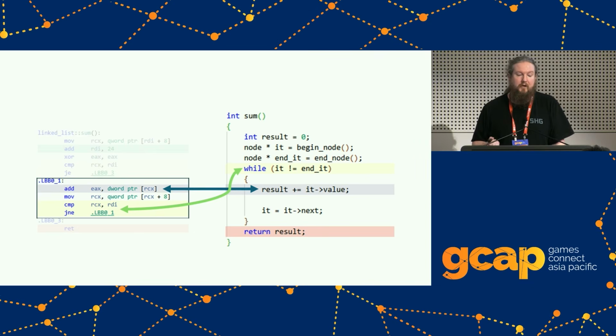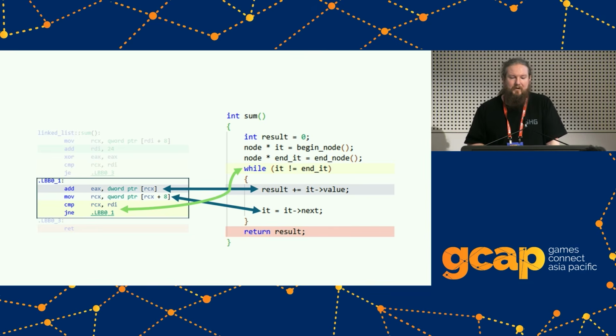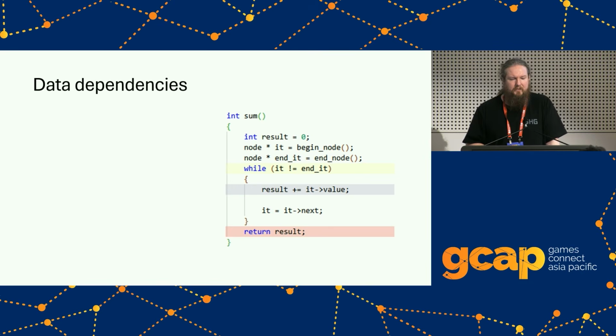We've got the part that's adding one value onto the result. So this is just stored in a register. It's doing a load from memory there at the same time. The CPU will extract these out into 2 different micro-instructions, but for our case, we're just looking at the x86 assembly here. And then we've got the moving to the next item. So, what are the data dependencies here, and how will this look to the CPU?